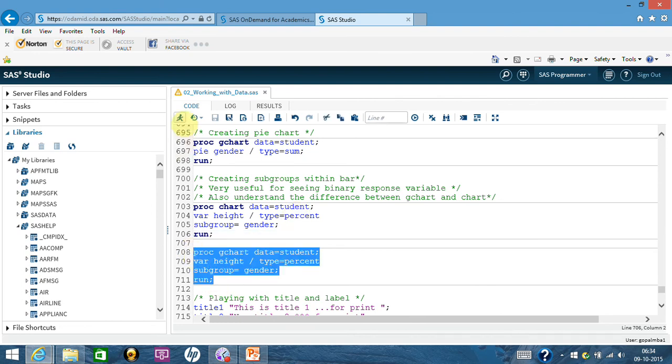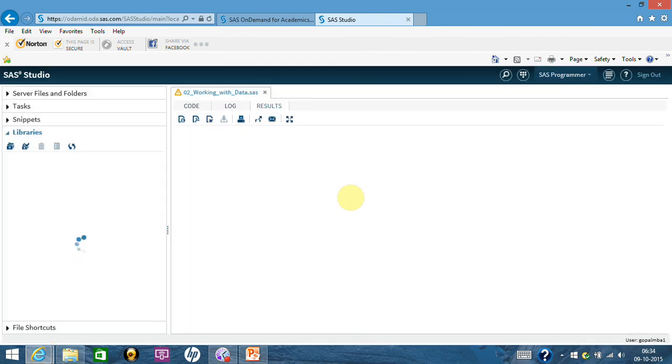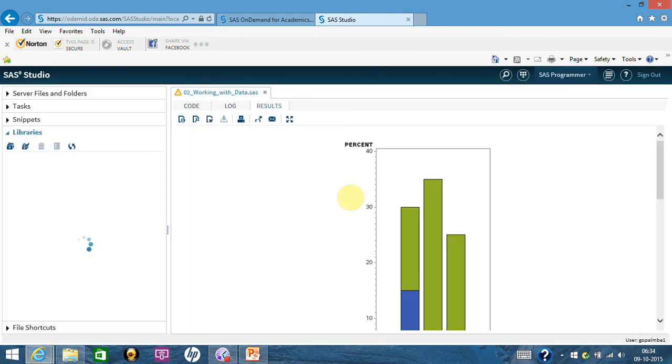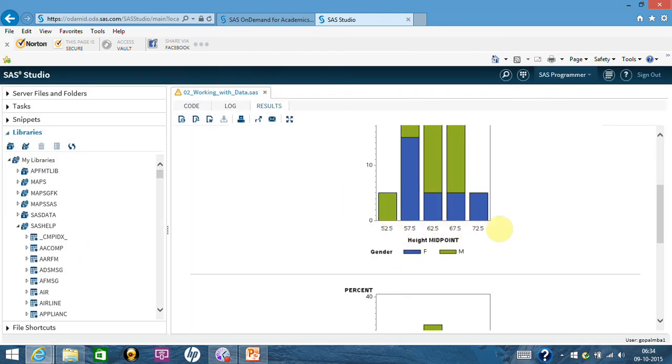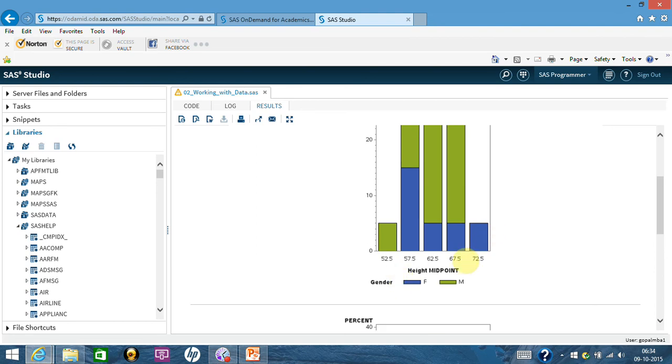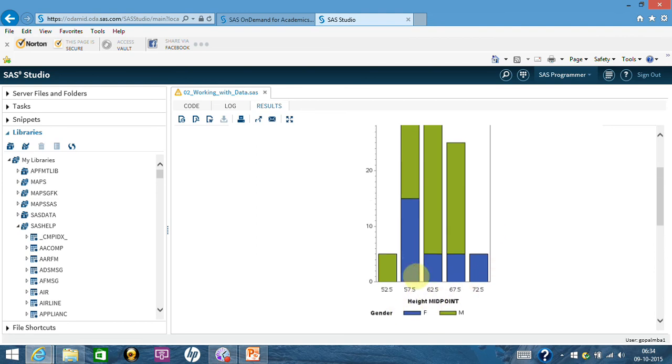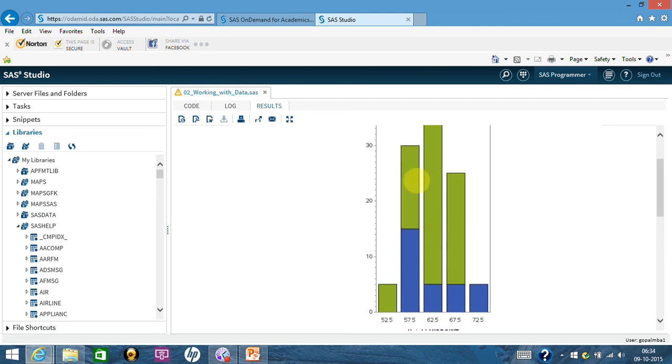So when I'm running it like this, see what it has done this time. It has created the histogram of the numeric variable, and within each group it is saying me how many female, how many male.